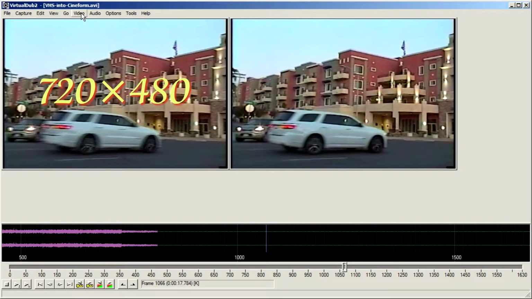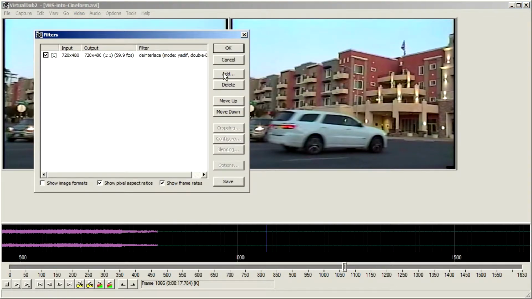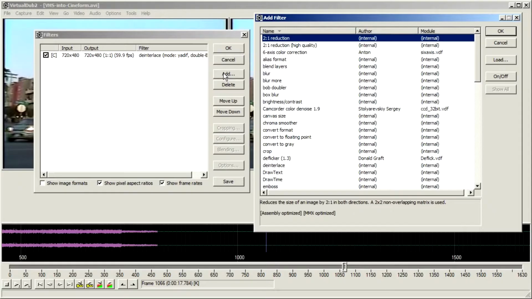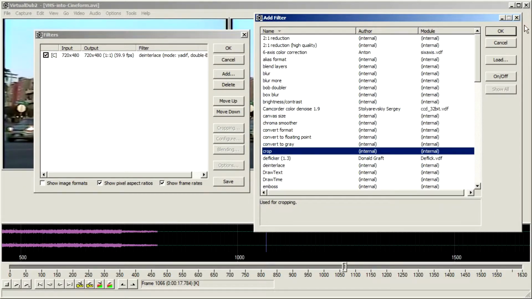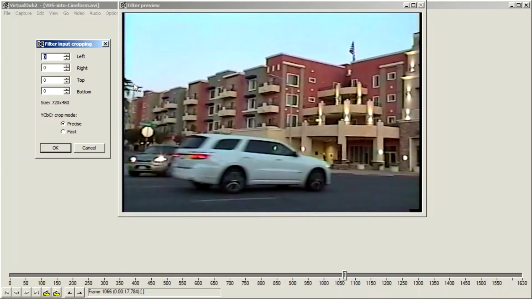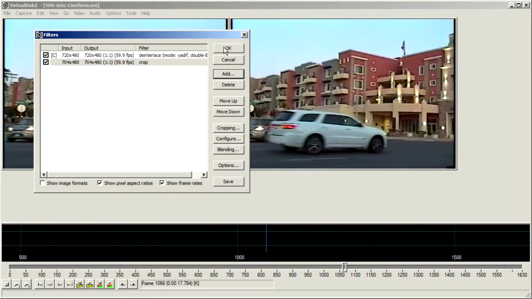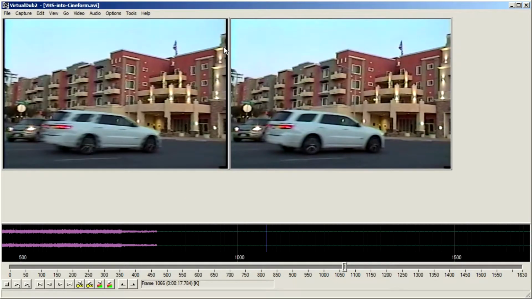I digitized my VHS video into a 720 by 480 frame, but according to several international standards, only the 704 by 480 part of the frame represents the 4:3 image, so I'm going to chop off 16 pixels on the sides. In this case, I have black overscan borders that are roughly the same width, so I can crop 8 pixels on each side. If my video was a little skewed, which often happens with analog video, I could instead crop, say, 9 pixels on one side and 7 pixels on the other. The total has to come to 16 pixels. The remaining 704 by 480 frame represents the 4:3 image.